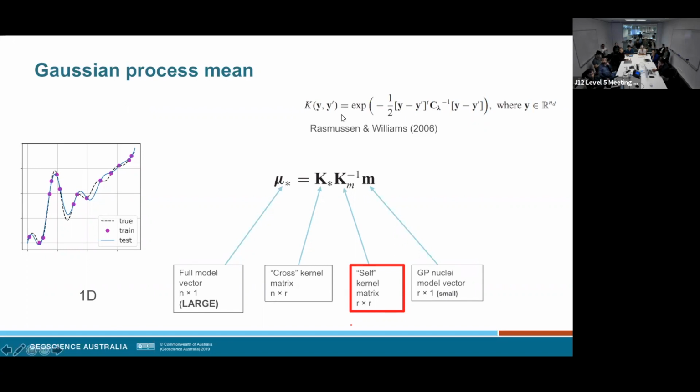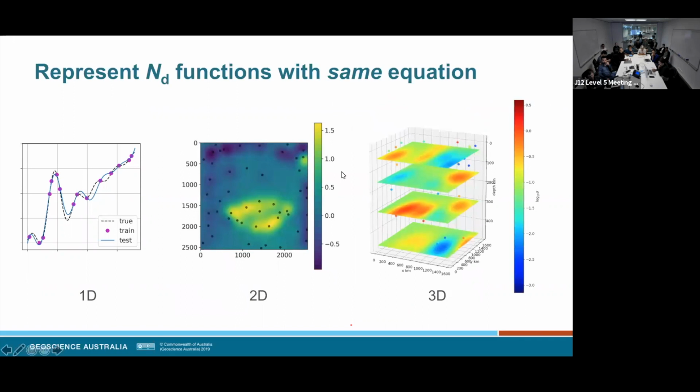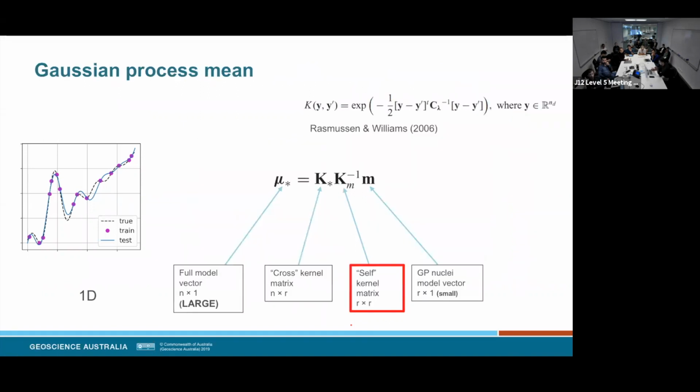But what you can see immediately, what strikes you, is that you're going from a large parameter vector, mu star, to a small parameter vector. So for example, in this image, it's a 256 by 256 image, which, if I'm not mistaken, is 65,536, but I'm representing them with just 40 nuclei. So there's just 40 nuclei with some pixel values. And when you construct the Gaussian process mean, you're going from 40 to 65,536.